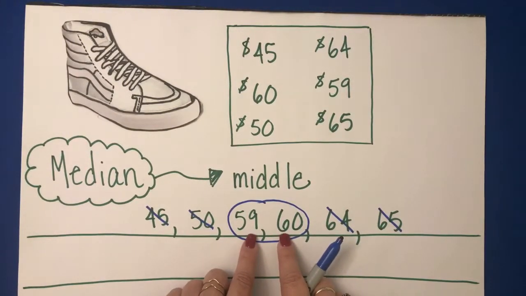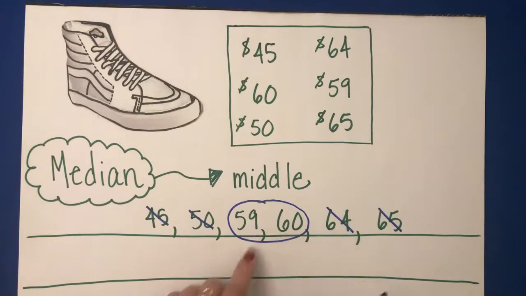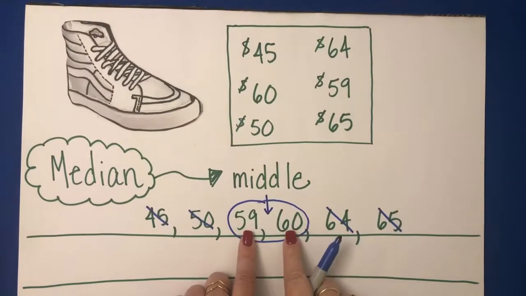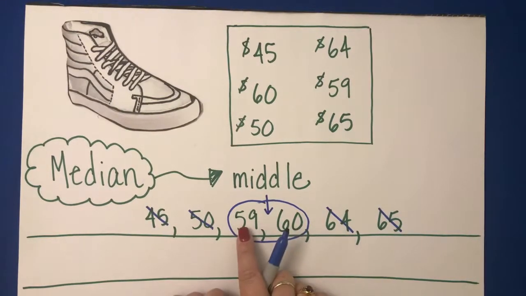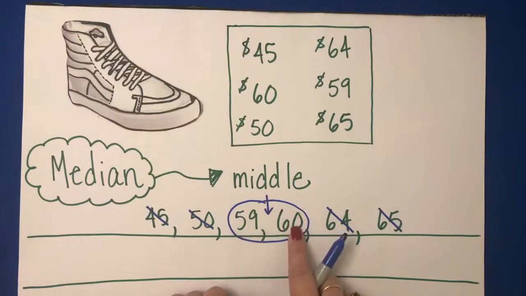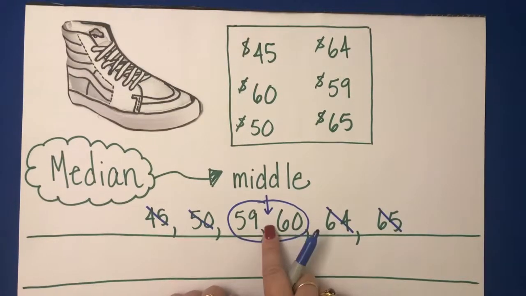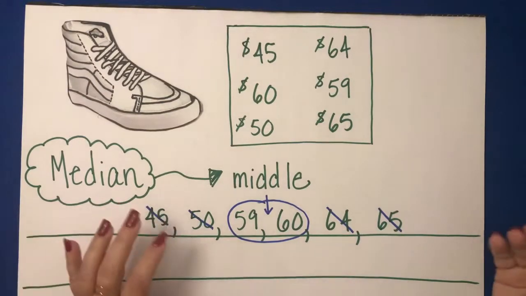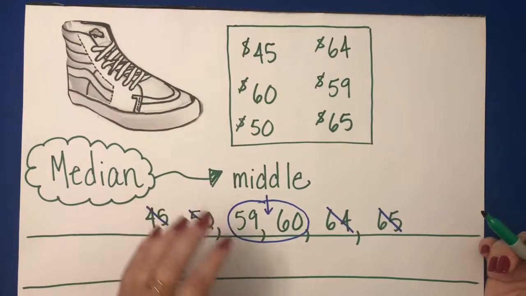So now what I want to do is try to find what value falls right in the middle between 59 and 60. So you can think about it first before we calculate it, but you might be able to imagine if you're counting and you're moving from 59, there are no whole numbers that you can jump to in the middle between 59 and 60. But we can use decimals. So just kind of think first what you think it might be,